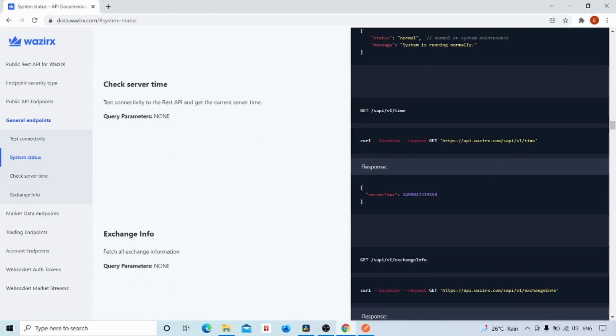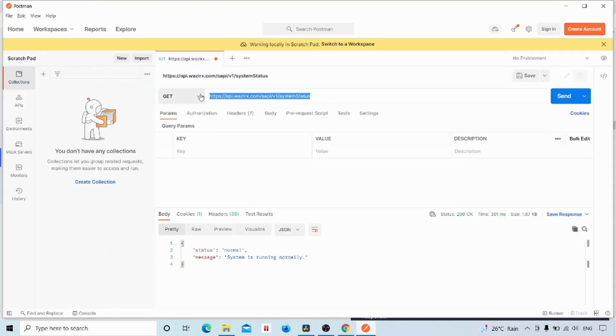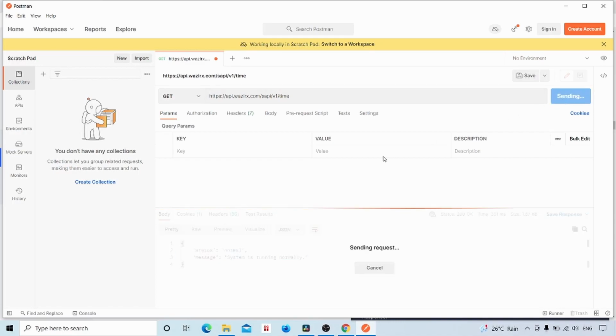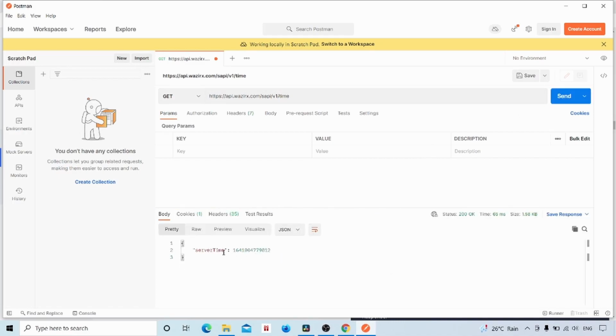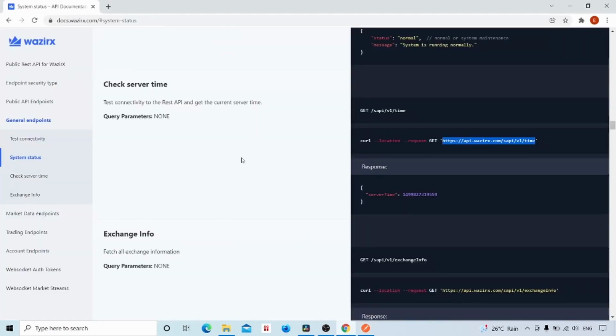Now we'll look at another endpoint. There is another endpoint to get system time. We'll get the server time as this timestamp. If you want, we can convert it into a human readable timestamp using some programming languages like JavaScript. For example, if we go to our browser console,